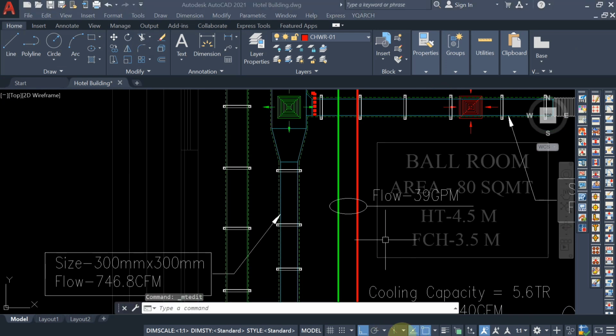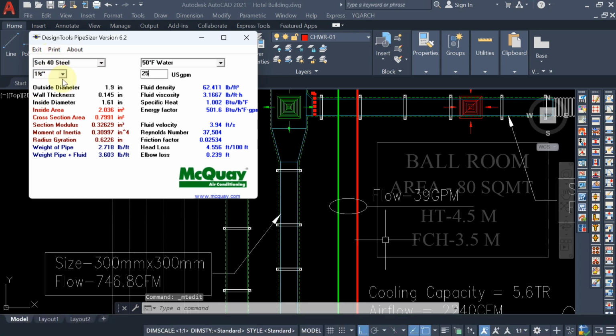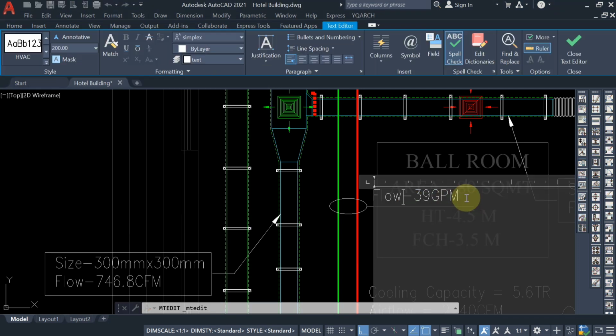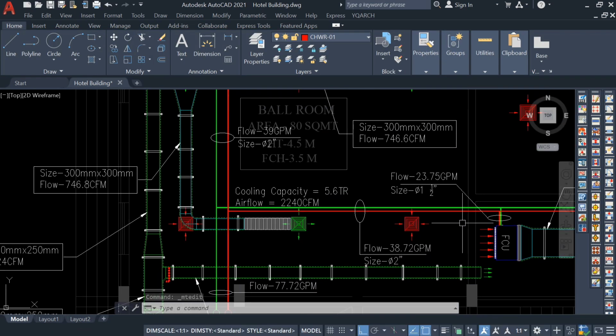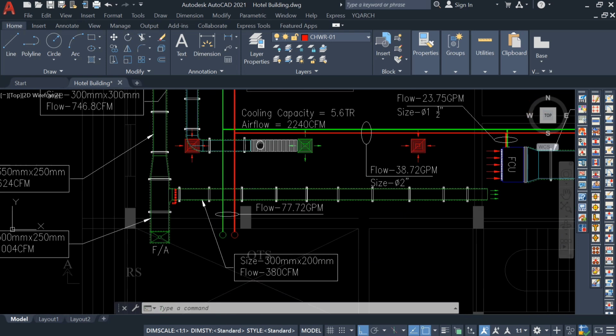Now for this main flow rate is 39. So how much pipe size? I think 2 inch we have to select. Okay, so suppose I'm selecting 2 inch, write down 39. See, the fluid velocity is coming less than 4, so okay, just write down 2 inch pipe size here. So here I'm writing 2 inch. Okay, so we have done this branch pipe size, this one 2 inch. Here also we have got. Now come to main pipe,